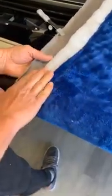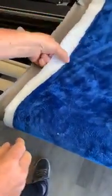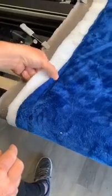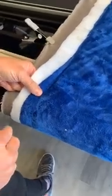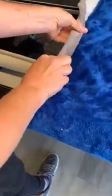So if I'm wrapping it around, the first thing I do when I take it off the machine is I trim the batting and the minky off right up to the edge of my basting stitch. Then I trim my backing about 2 inches out from the basting stitch. That way I can, I'm going to take this quilt clip off, I can roll it into the edge and then roll it again and stitch it down,